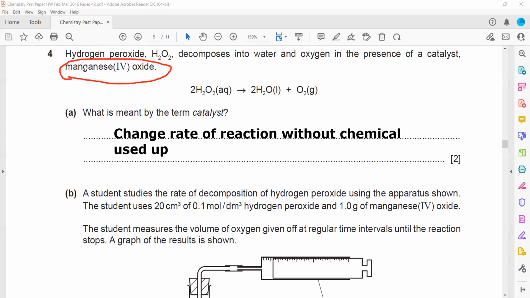I just mentioned the term change here, which I mean it alters or changes the speed of reaction without being chemically used up. Catalysts are not enzymes. Enzymes are catalysts. Enzymes are biological catalysts. So for catalysts, you don't say that catalysts are enzymes. That will be wrong. When catalysts are used in a biological system, they are known as enzymes.